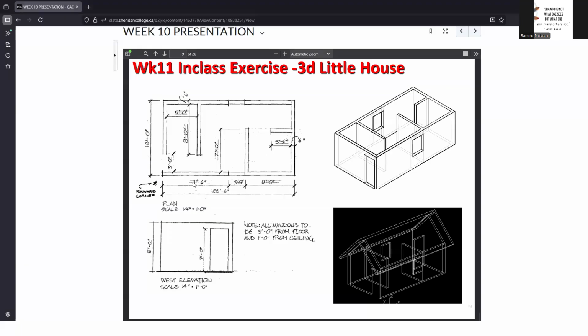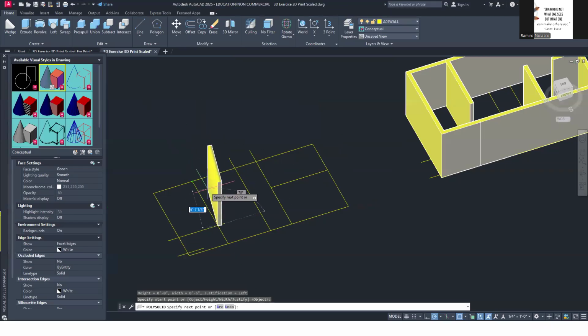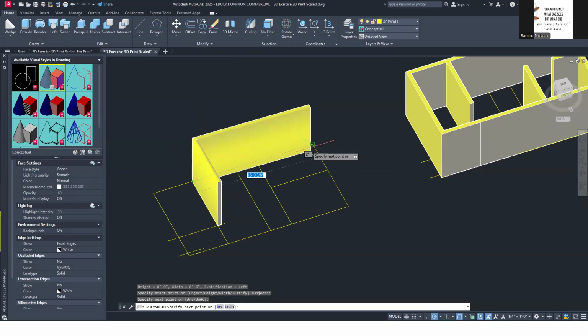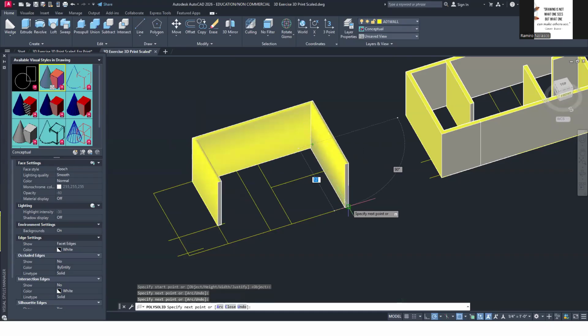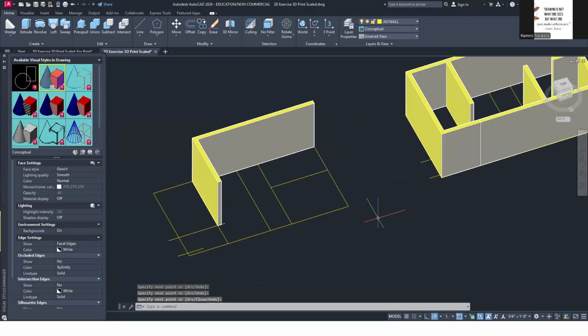Now, again, 8 feet, 5 feet 6 inches. I created the line. So my polysolid left justification is still correct right there. And then I went there. I actually went here initially, but I realized that was a mistake. So I should end there, right?